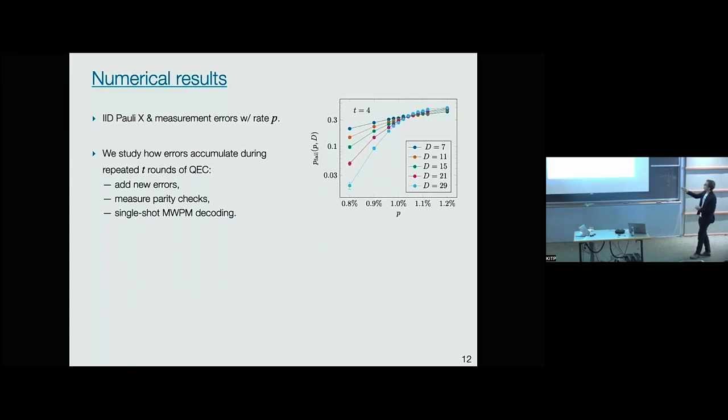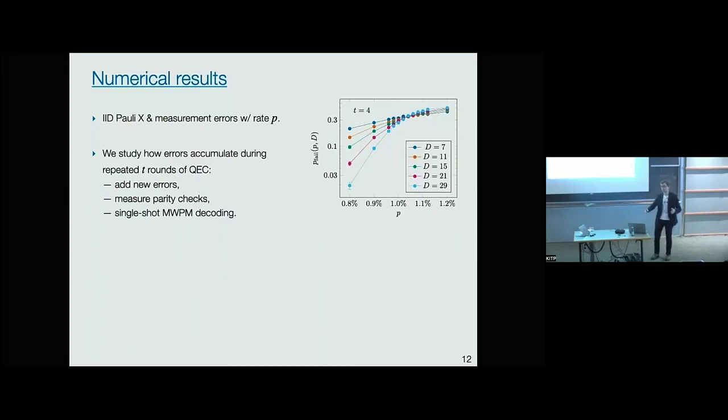And so what I depict here in this figure is the logical failure rate as a function of the physical error rate for different code distances. And this is after 4 consecutive rounds of quantum error correction. And what we can read off from this plot is that there would be some threshold at around 1.05 or something like that. Okay, so now what we can look at is how this plot would change if we consider